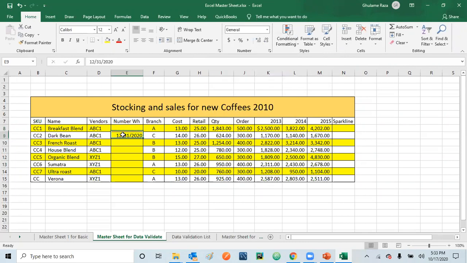Because I had selected this for the date, it had restricted this cell as a date. I can delete it, and then instead of date, I can just put general here, and now it's free.